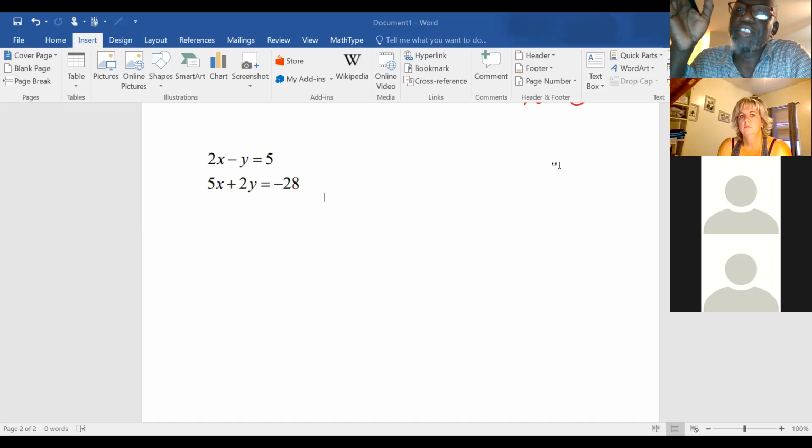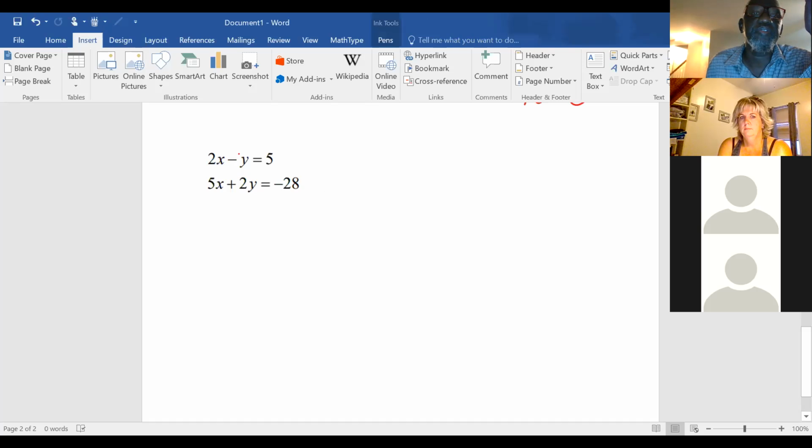Because the two numbers in front of Y are -1 and +2. So they're already a match? No, I mean, they're not the same number yet. You see, one has a negative one and the other a positive two. The signs are good, but the numbers are not good yet, right? But here, it's easier to make the numbers match because the first number